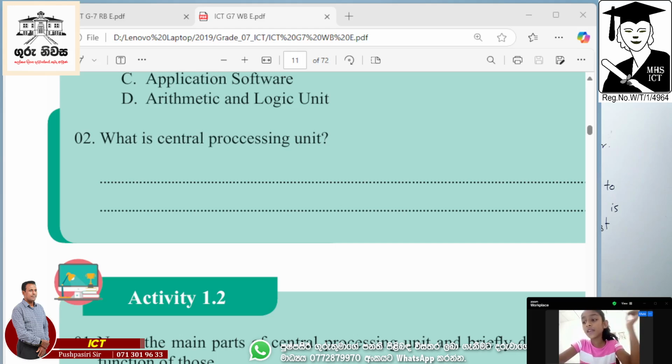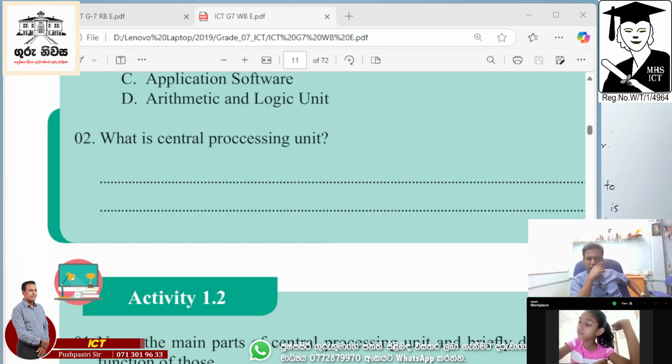Process data and make them information. Yes, okay. Can you make it a little better than that? If you can make it a little better than that, it is good. It's correct. But if you can make it a little better,